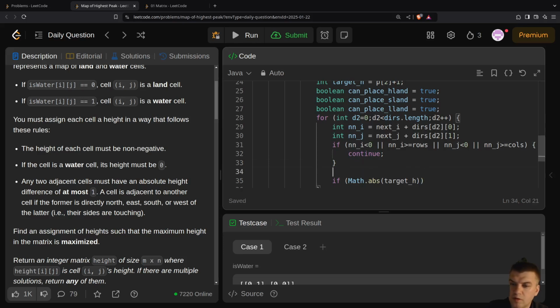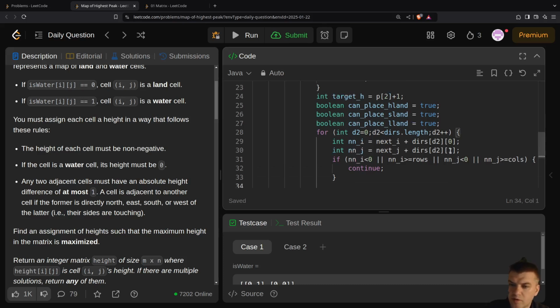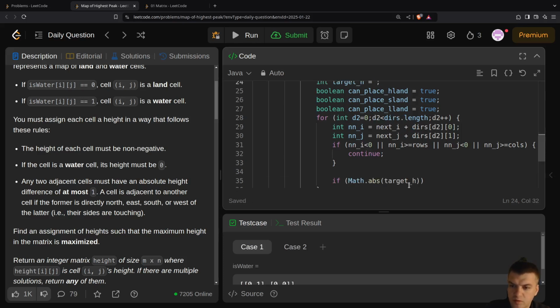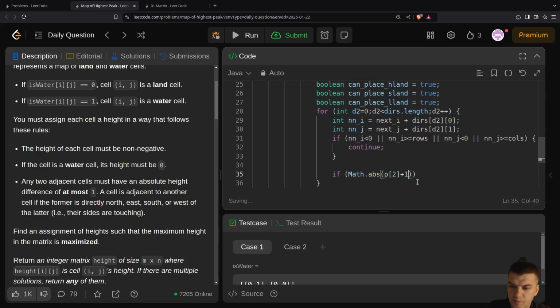And then if Math.abs target height, so target height is going to be p2 plus 1 minus